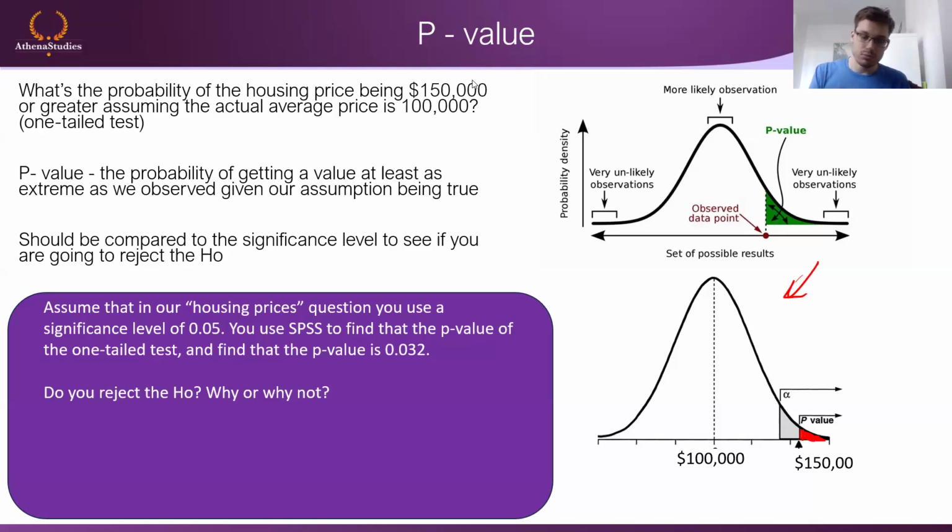Now, I sit down and I go like, okay, what is the probability that mom was right and the housing price was actually 100,000, even though I got 150? Because it makes sense, right? If I tell you that the housing prices are 100,000 on average, and you go out there and you hear prices like 170, 180, 200, 130, 120, 160, you're probably going to be thinking to yourself after like 100 data points, this guy's wrong, right? There are no houses under 100,000 at all going into the sample. Where are all the houses that make the average 100,000, right?